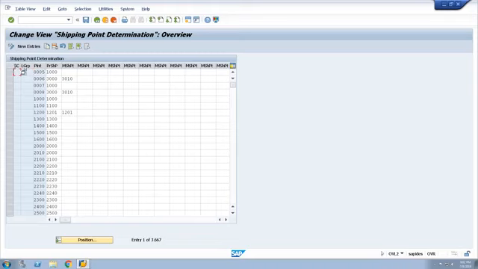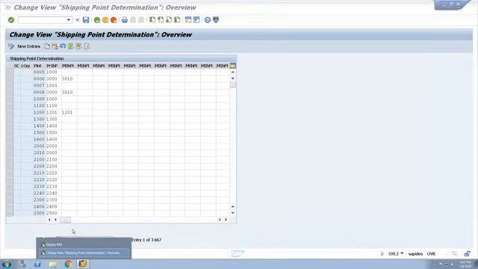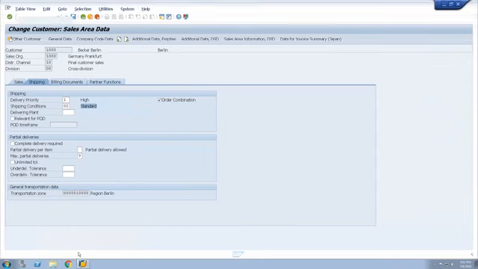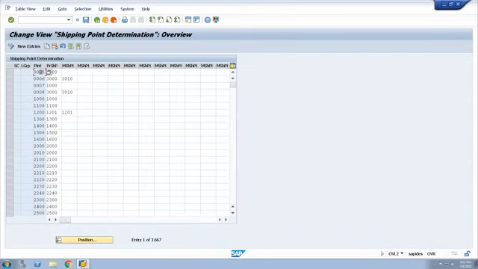So shipping condition, from where is the system taking this shipping condition? The system is taking shipping condition from the customer master. Loading group comes from the material master, and plant comes from a different area, actually, that we will discuss in the next step. Right. So what is the shipping condition? Shipping condition is one of the parameters to determine the shipping point in the sales document. Very, very important questions. There are 3 questions: shipping point determination, storage location determination, plant determination. Out of these 3 questions, you will face one question, no doubt in that, right?